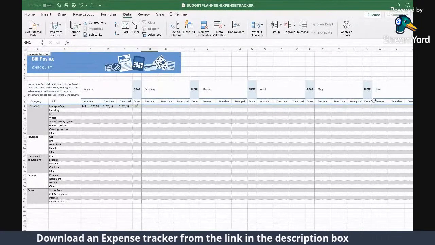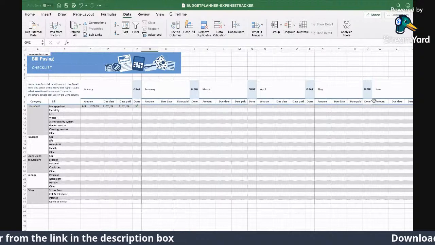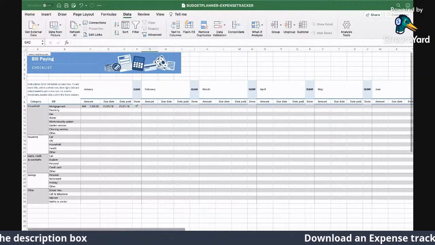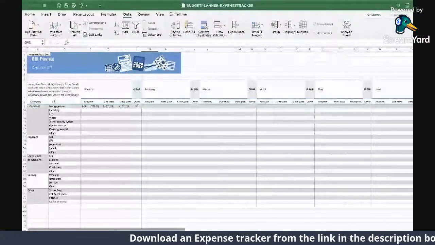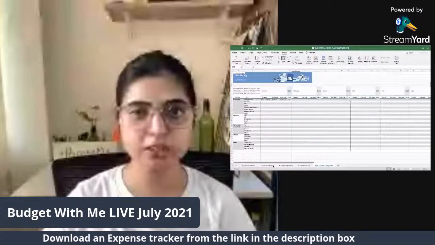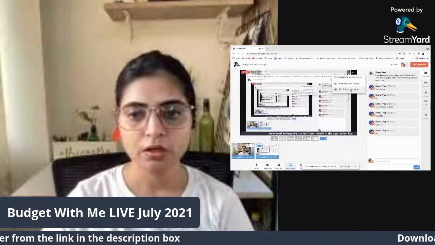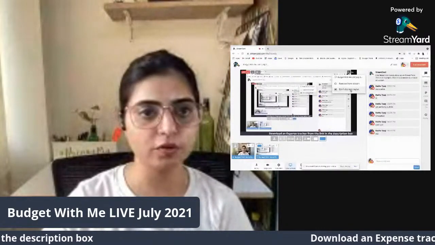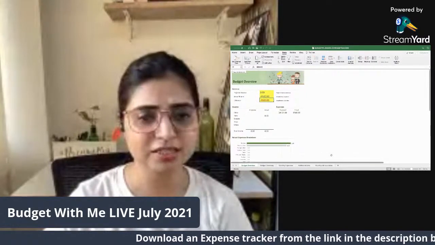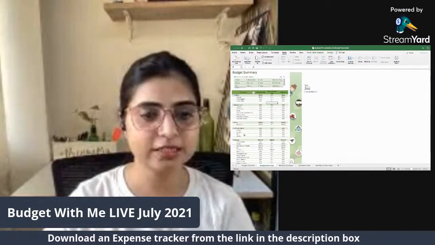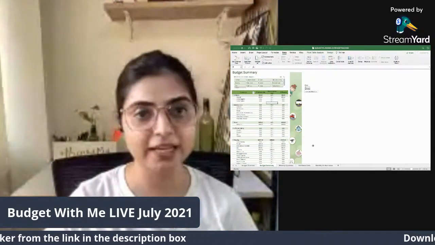Okay, let's begin. So this is the sheet which I wanted to share with you guys. With this sheet, we will start. Let me give you some idea of the sheet. The very first thing which is going to come is your budget overview, where you have a projected, actual and difference cost. Then is your budget summary. This is the page where you cannot make any changes.